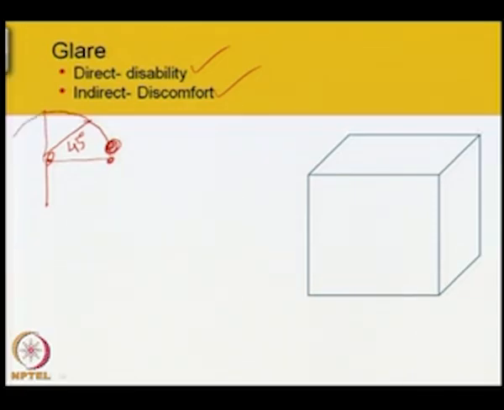But the back side is also the same, and on the back side also from this 45 angle,